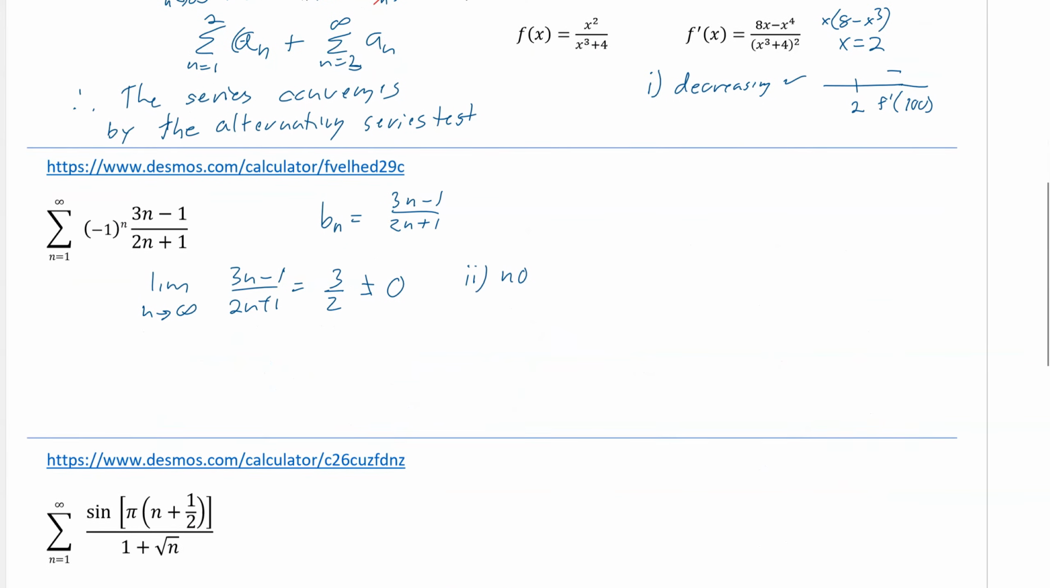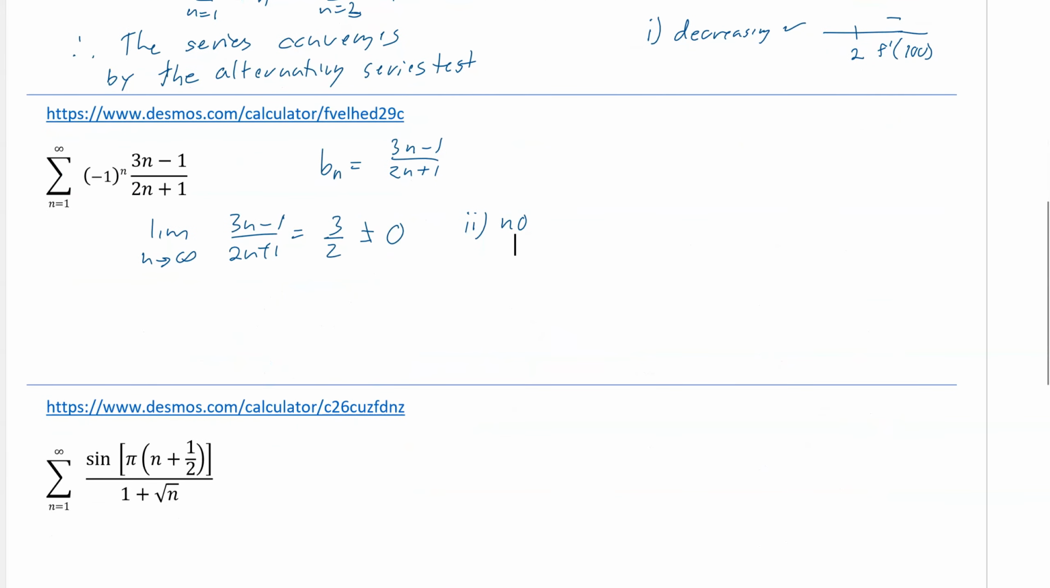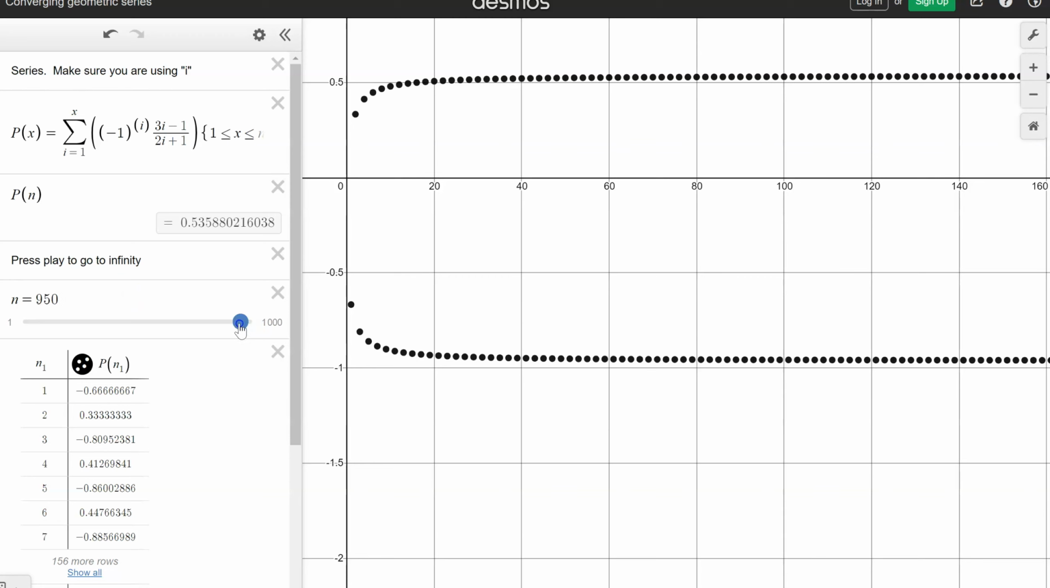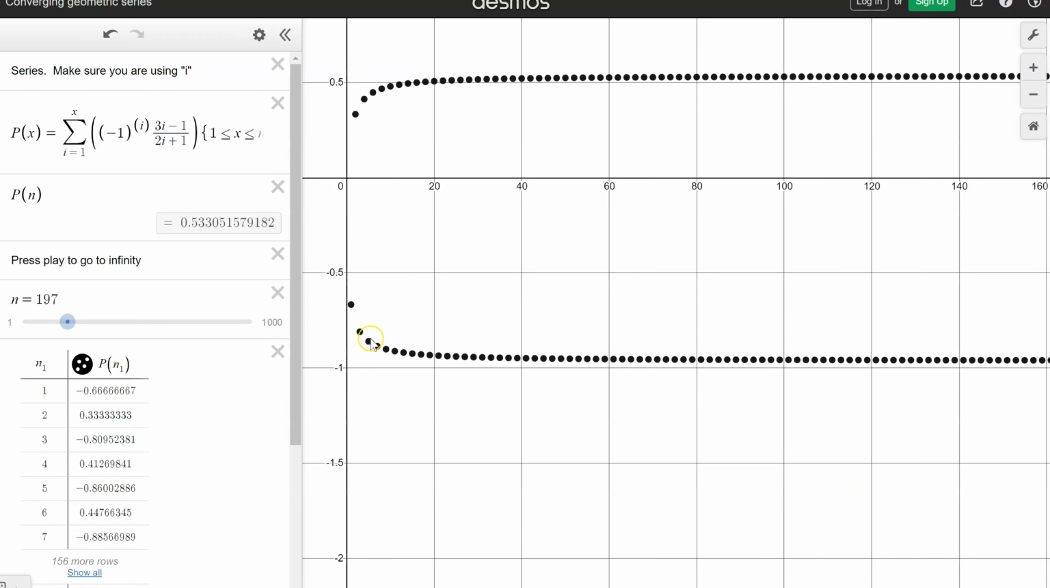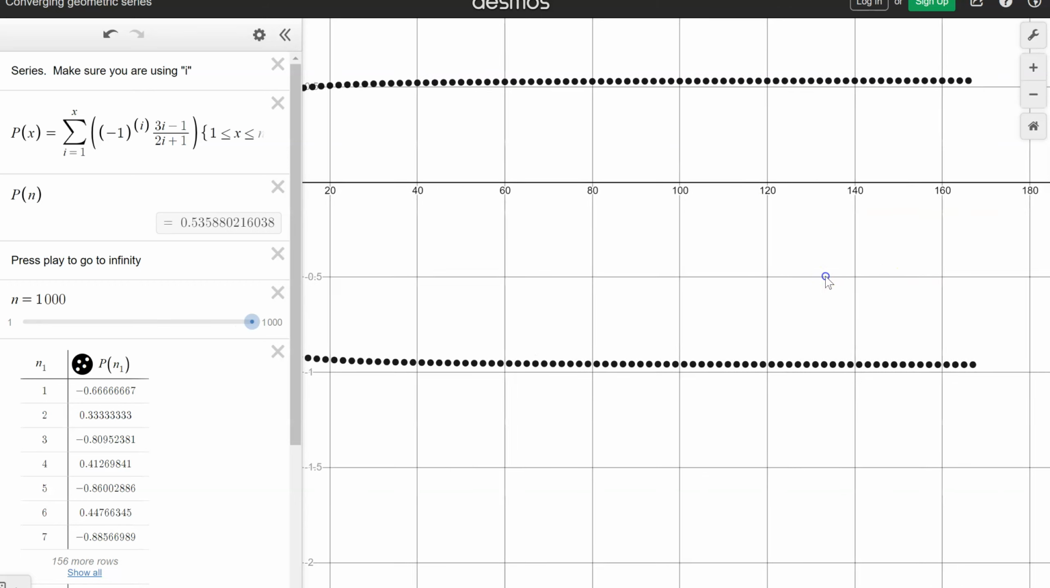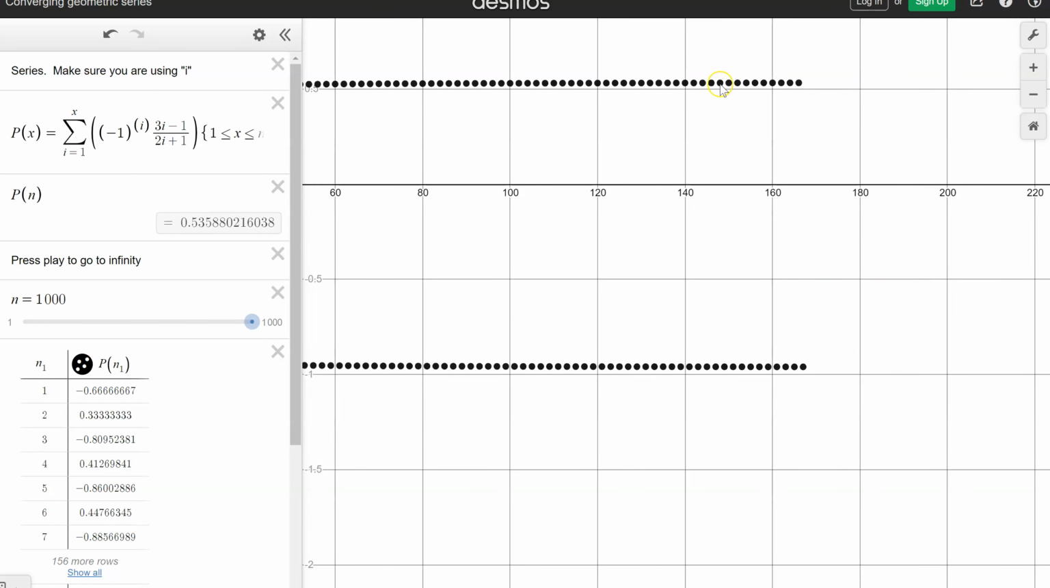But let's take a look at it so you can see what is going on here. So we rewind this and hit play. You can see it is literally alternating back and forth. It's not going towards the same thing like we had in the previous one. So what's really happening is as we get farther and farther out, we're really just alternating between that add